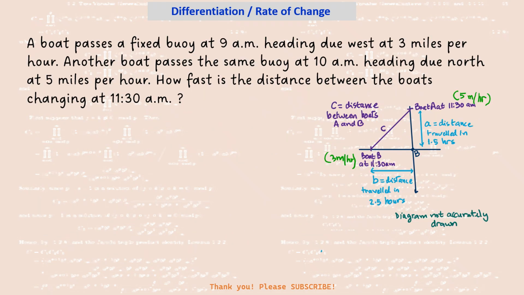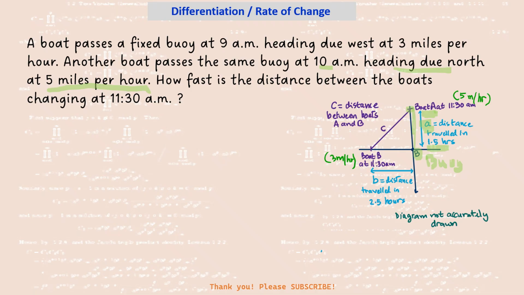So if I were to draw the diagram, this is the buoy, and traveling due north is boat A, heading due north, and the speed is 5 miles per hour. So boat A is heading due north, and this is where it reaches at 11:30 a.m. Let a be the distance traveled by boat A in 1.5 hours, and this 1.5 is coming from here,